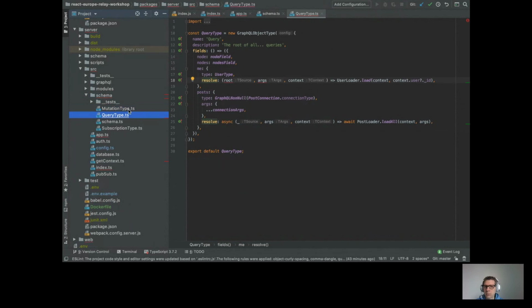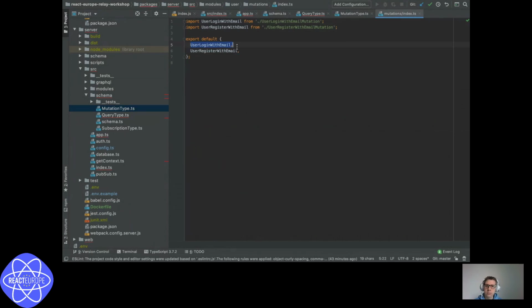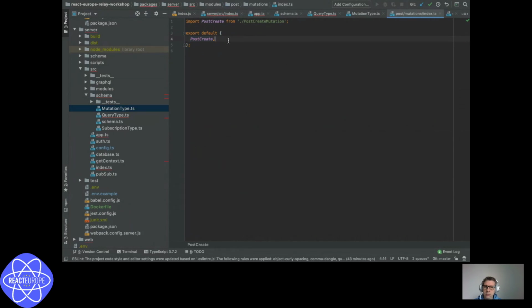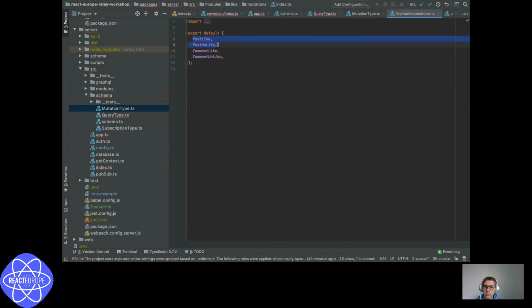We have the mutations here. So we have user mutations, post mutations, like mutations, and comment mutations. For users, we have login and register. For post, we have post create, so you're going to create a post like this. For like, I have post like. I have comment like. I think I forgot to implement this on the front end, but it's very, very easy to add.